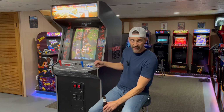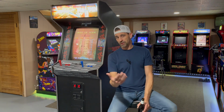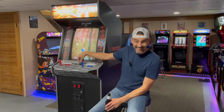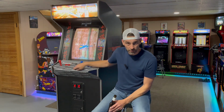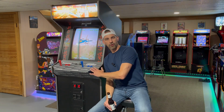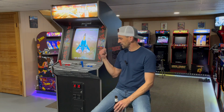That was $300. But if you're looking at the cost of the cab, which was $500, plus the cost of the new monitor, which is $300, you're $800 in. Now you talk about the controls; they're really not that expensive. Less than $100 for all these buttons and cherry switches and all that. I was able to reuse the wiring harness. I just had to go point by point because I couldn't find an I/O